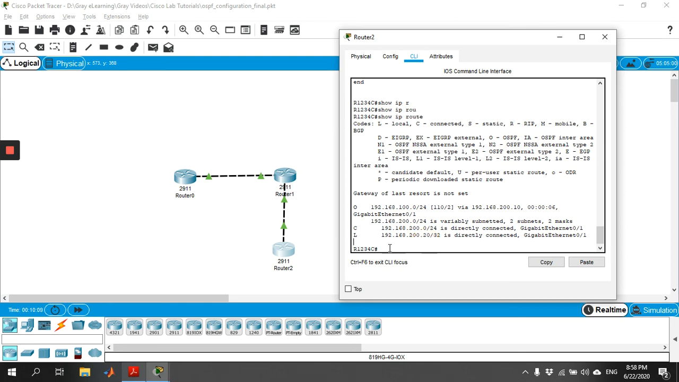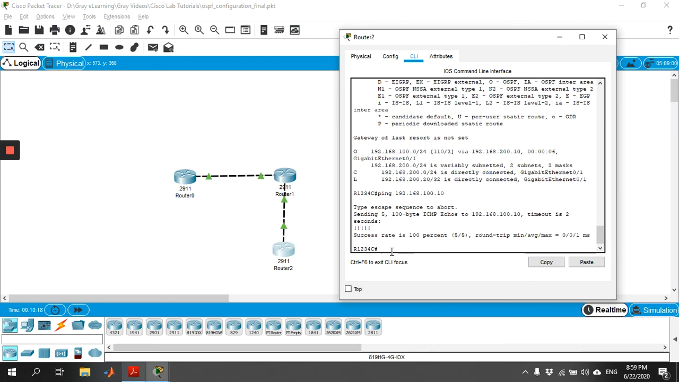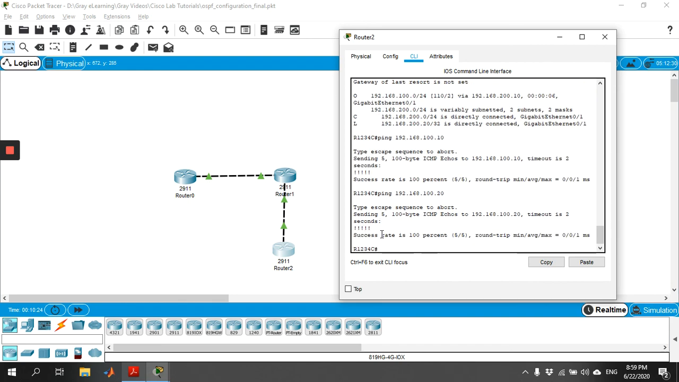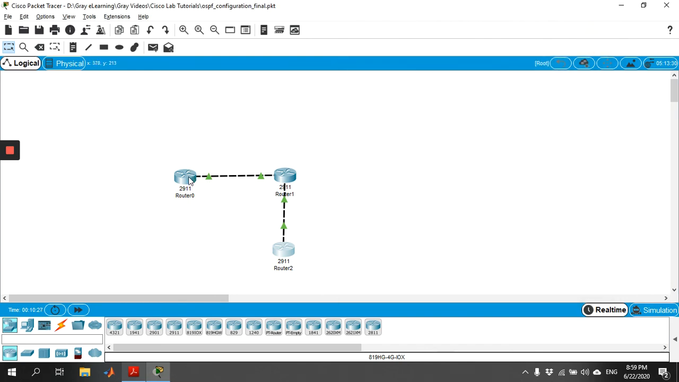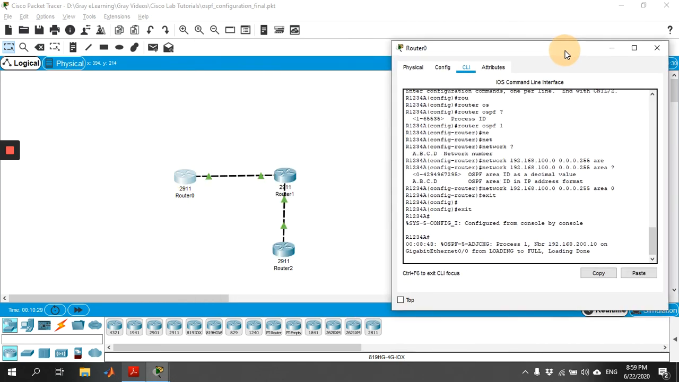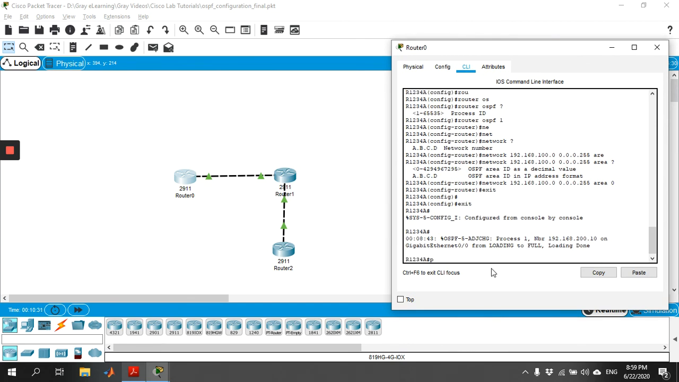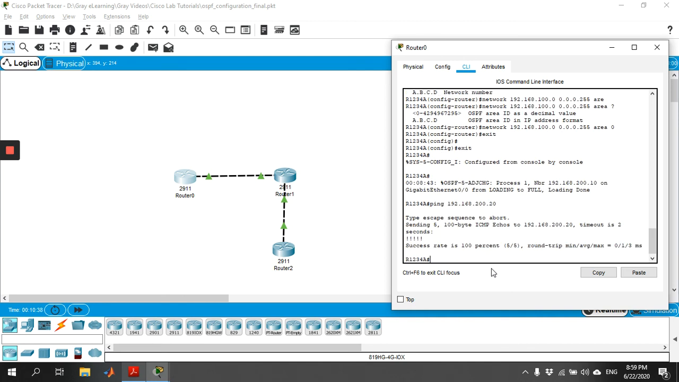Now try to ping from router 2 to router 1, 192.168.100.10. You are easily able to ping it. Even to the other terminal, you try to ping the second terminal here, you are able to ping. Same way from router 0, you try to ping to router 2. You use the command ping 192.168.200.20, and you will be able to ping. So that's about the OSPF